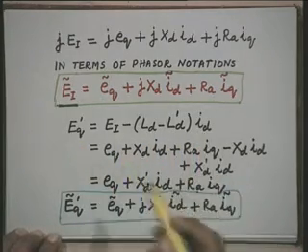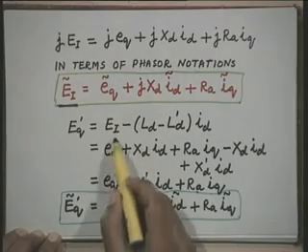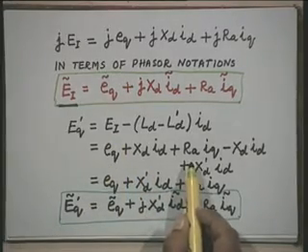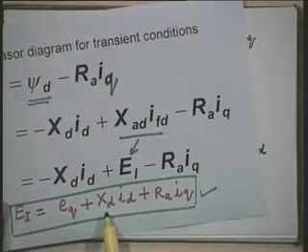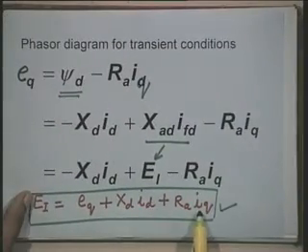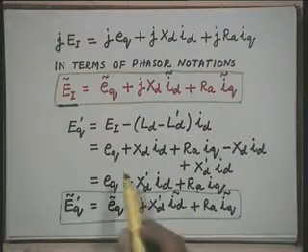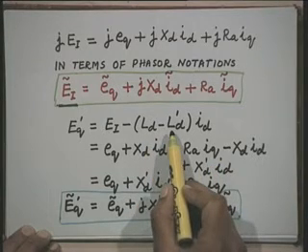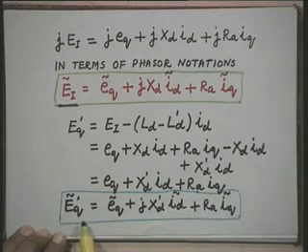Here we replace this E I by this term E q plus X d I d plus R A I q. After this replacement and replacing L d and L d prime by X d and X d prime, we will get the equation